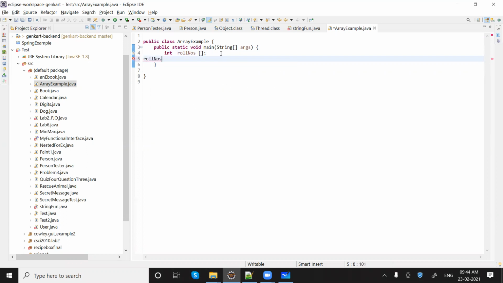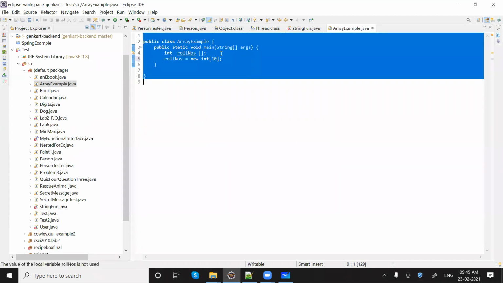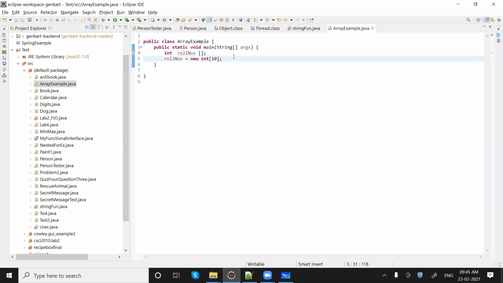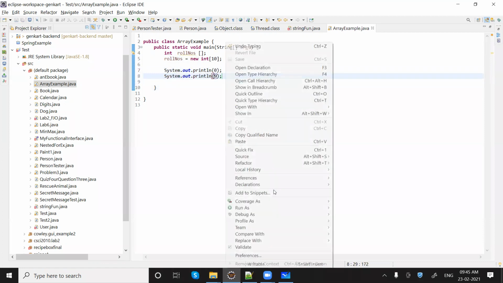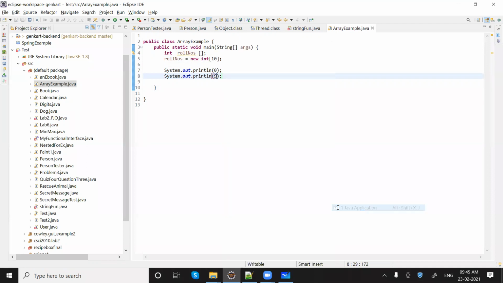Then next thing would be roll numbers. We need to allocate memory. So roll numbers is equal to new int, how many numbers you want to enter. I'm saying 10. So in this array we can have 10 elements. Let me print 0 and let me print the ninth one, and check what we are getting.